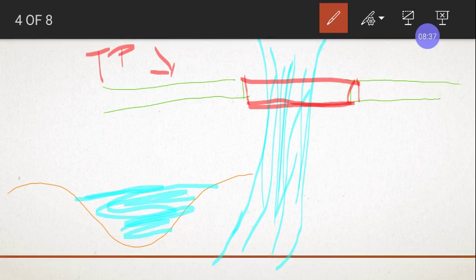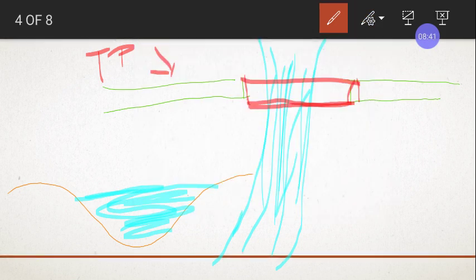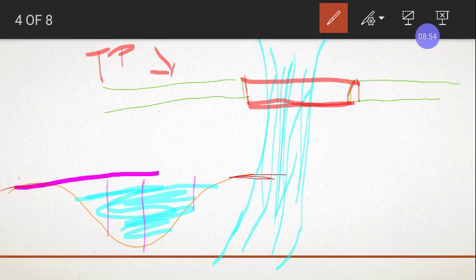Now what you're going to do is, your roads are here and standing here like this, right? For this, you're going to construct a bridge like this with the pillars, right? So you're going to connect the depressions.